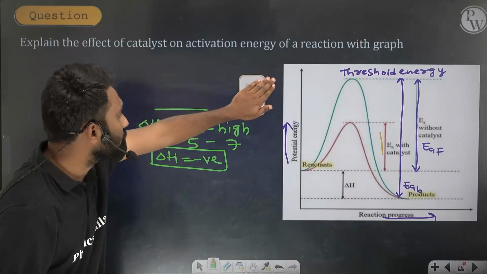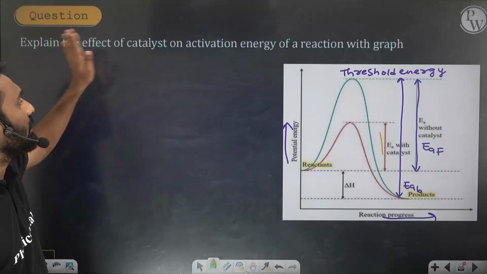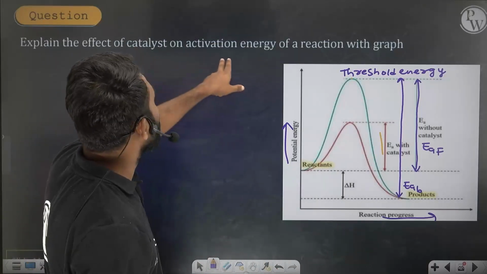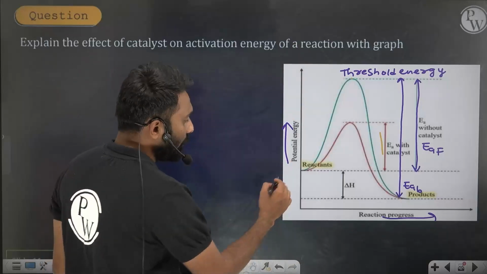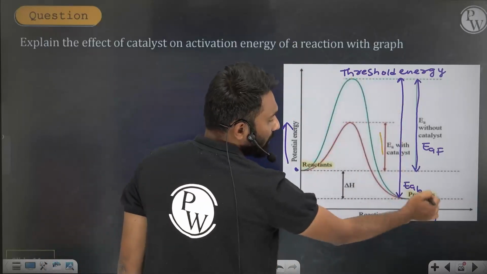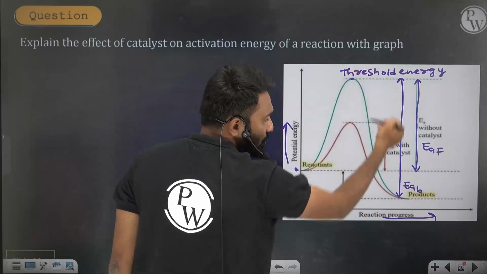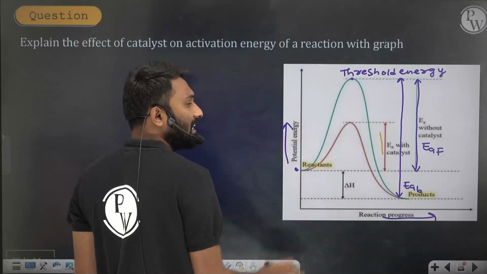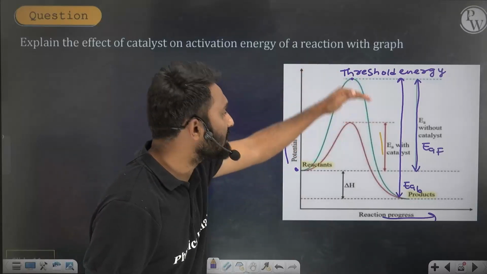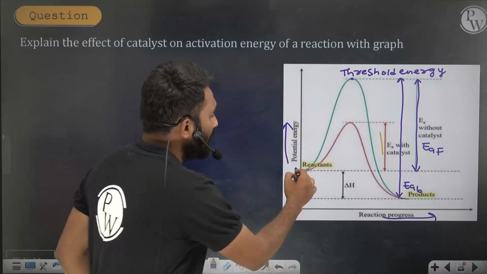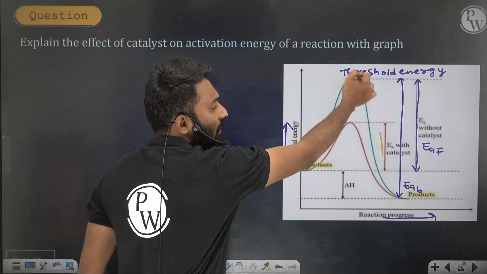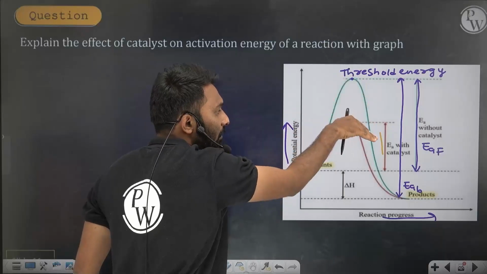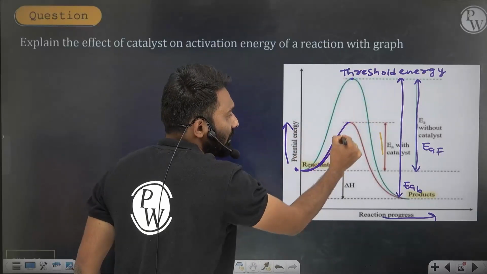But the question they have asked does not depend upon this. The question is, what is the effect of the catalyst on the activation energy of the reacting species? Now see here, there is one reactant. To convert this reactant into product, it should cross this much threshold energy. Now the catalyst will decrease the threshold energy. First it should cross this much energy, then it will convert into product. After you add the catalyst, the threshold energy decreases. Now only this much energy needs to be crossed to convert into